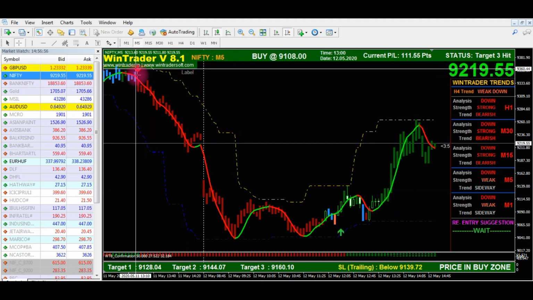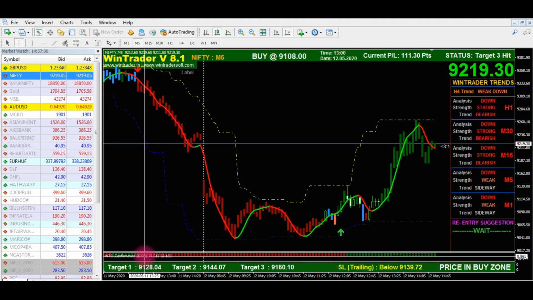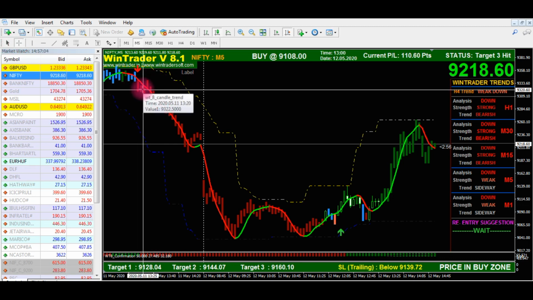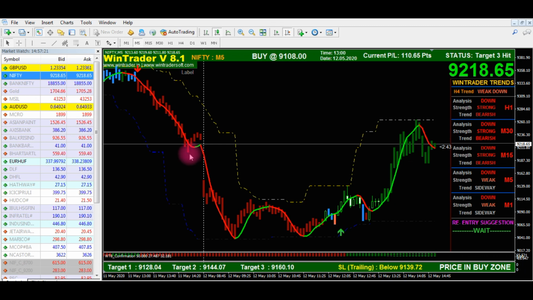The same way it will work in all the pairs. If a sell call is generated, here the red arrow is generated, and after the red arrow the band turned to red. From this level onwards is the trend. Actually the sell call was generated on this candle. At the third candle, full confirmation, we got 93182. Yesterday it went down to 9198. So you can calculate the points, how much profit we earned from a single signal.